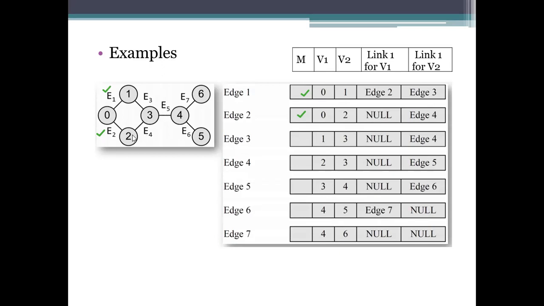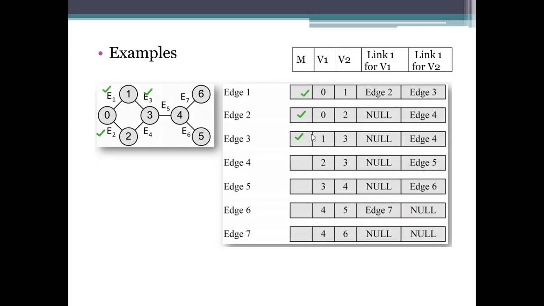Okay. And coming to the node 2, the other one here is the E4. E1, E4. E1 has been marked. E4 isn't marked now. That's why we write it as a second. There is a link for the vertex 2. And coming to the next one, edge 3. Mark it because we are reading that. Where does it lie? It lies between 1 and 3.